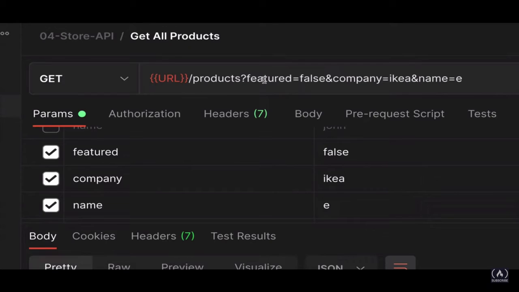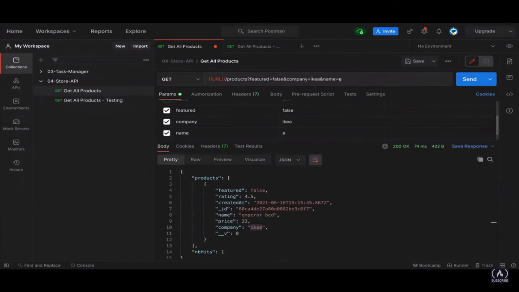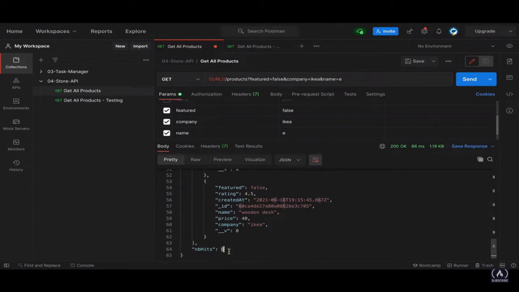And notice how slowly but surely, now we can search for more options. So in this case, I'm looking for featured set to false, company equal to IKEA. And then of course, E in the name. So I'm looking for the product where E is in the name. And then once I send, check it out. Now, of course, I have 6 of them. And if you